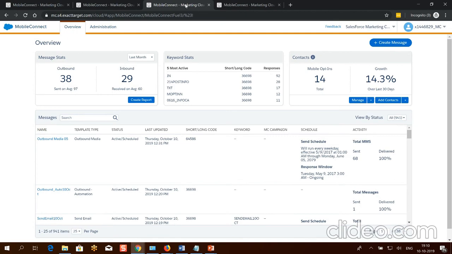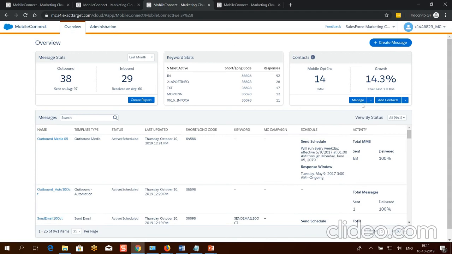And second, we have standard files, or you can say standard lists, in which we can import our contacts from our system, from our FTP or any other location, so that we can import the CSV file with thousands of subscribers into our Mobile Connect application.